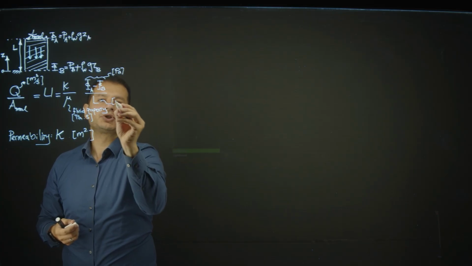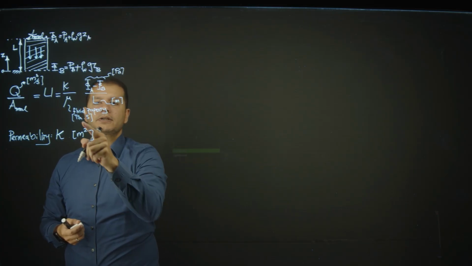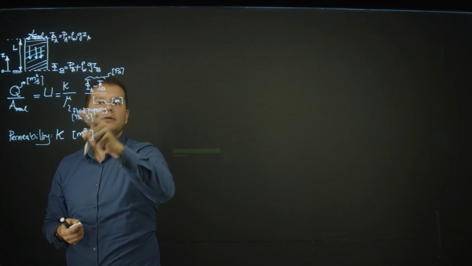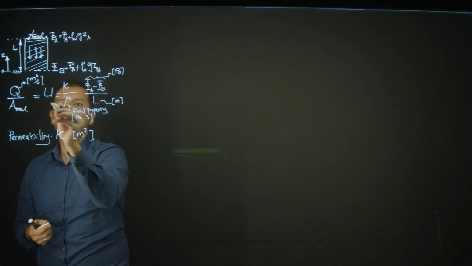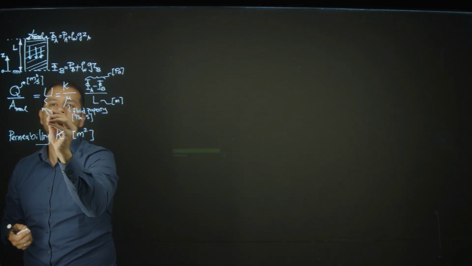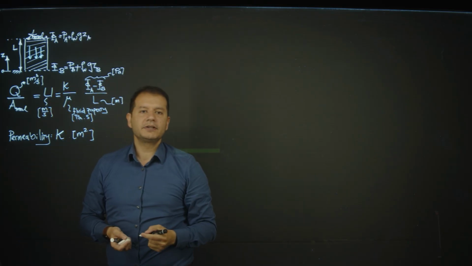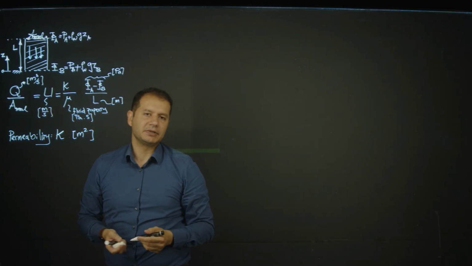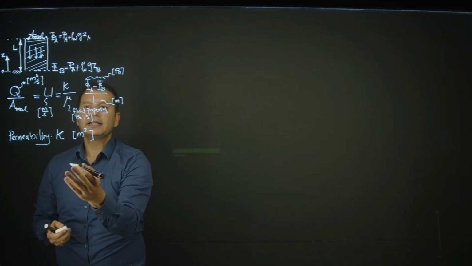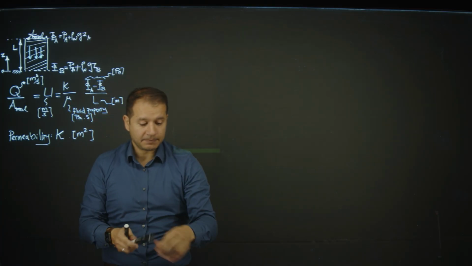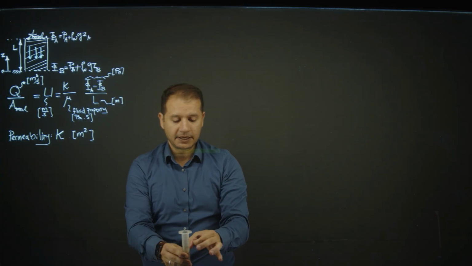Length has the dimension of meter. Viscosity is Pascal second. Pascal is going to cancel. You have meter per second per meter here, and here velocity is meter per second. If you do the mathematics of this dimension, permeability is meter square. So that's the real permeability that we can measure now for a sand pack like this that we created yesterday